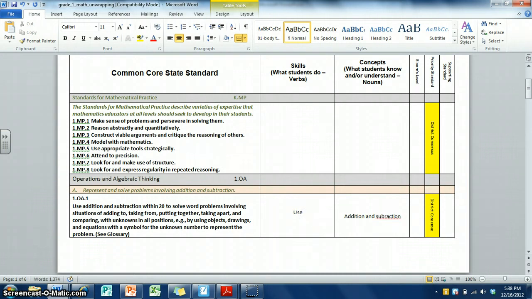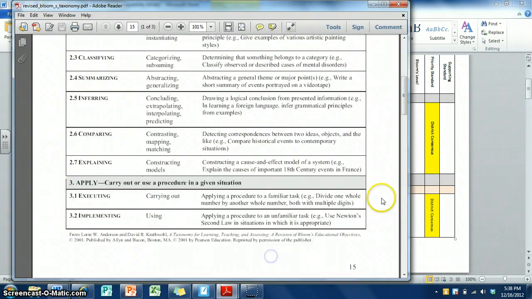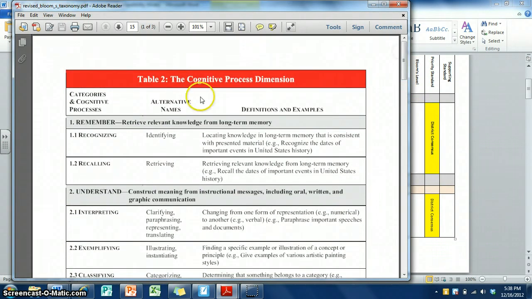Okay. There's also, if you keep reading, use addition and subtraction within 20 to solve. Use and solve are verbs that they will be focused on. Even though there's other words involving adding to, taking from that actually act as verbals, these are the verbs you'll look for. You'll then take these verbs and look at the Bloom's document for Bloom's Revised Taxonomy, and you